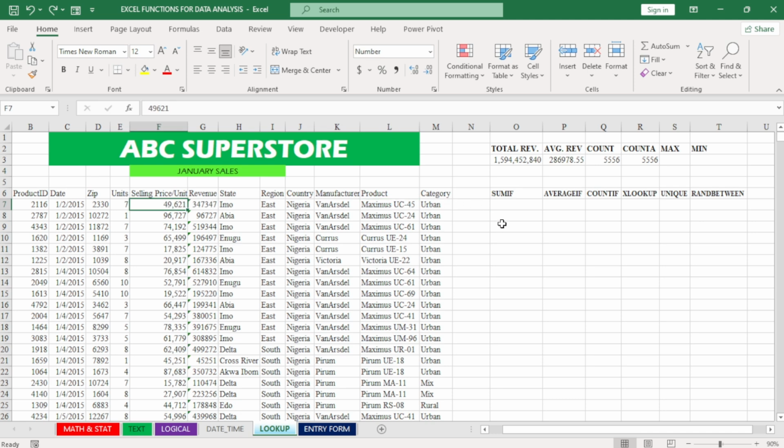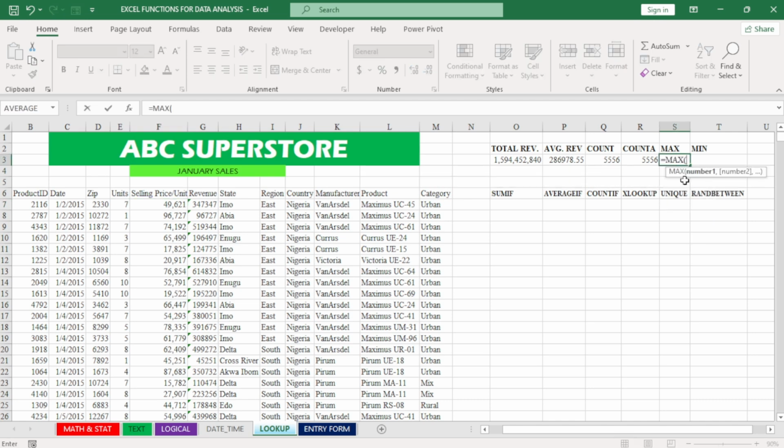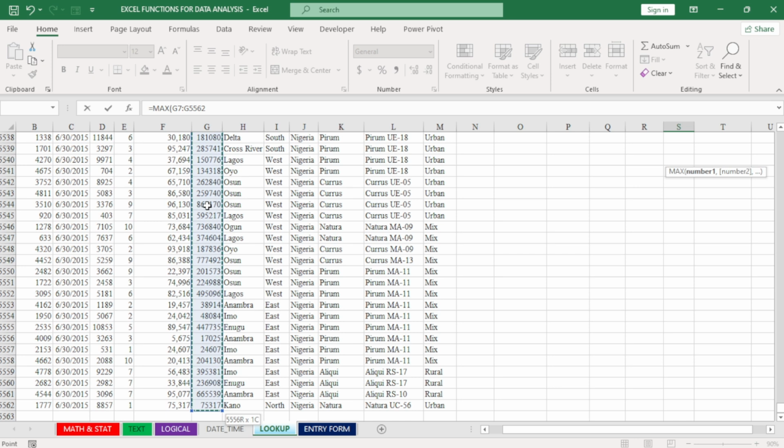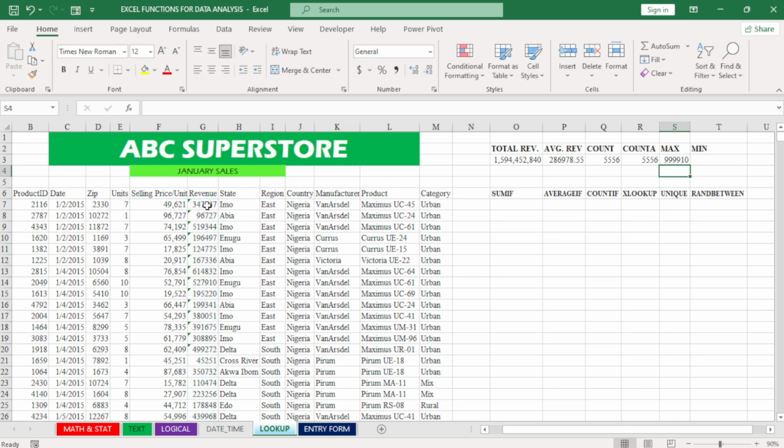Now over to the next function, which is the MAX function, which we use to return the maximum value in our data set. Let's say our manager wants to know the maximum revenue we generated per sale in January. To get that, we say equals MAX, and we double click here to select MAX, head over to our revenue, hold Control, hold Shift, and press the down arrow, Control Backspace to return where we are, and we hit enter. And here we have that to be